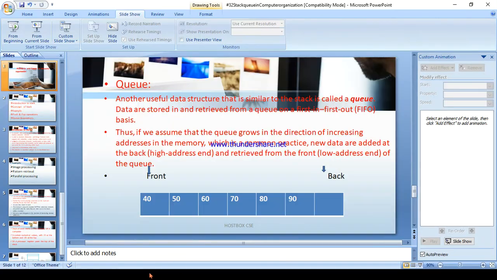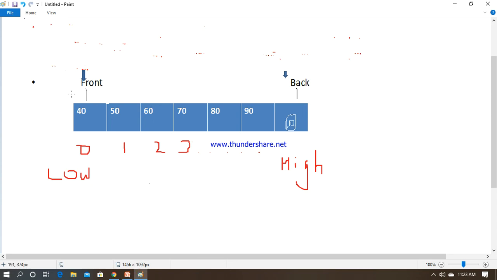Let's go to one more diagram. Same diagram with proper explanation. So here assume that this is the lower address where the index starts from. You also know the data structure starts from 0, 1, 2 and so on. So it's the low address and high address. Whenever elements move, they move from low to high only. So it's the front one. Suppose I want to delete the first element, 40. After element 40 is deleted successfully, then 50 moves here and so on, 60 moves here